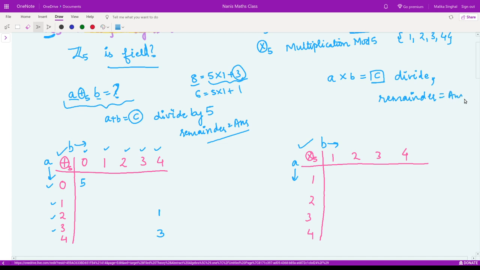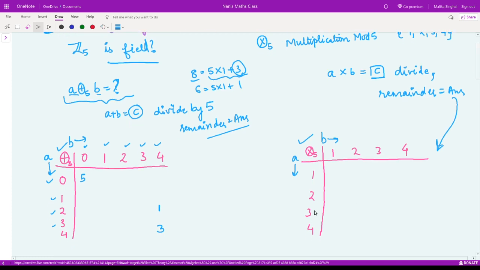I'll fill that value over here. Let us see an example. Suppose I have 3 and I have 2. What is the quantity over here? 3 multiplied by 2 would be 6. So C would be 6. Then when I divide 6 by 5, the remainder I obtain is 1. So here it would be 1.